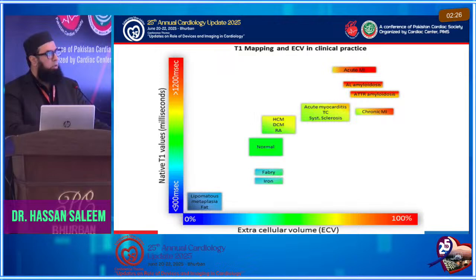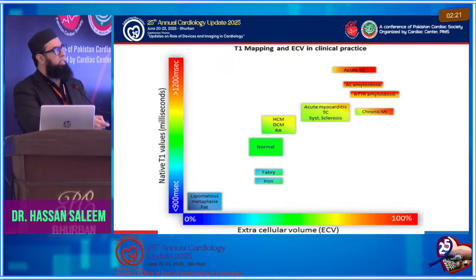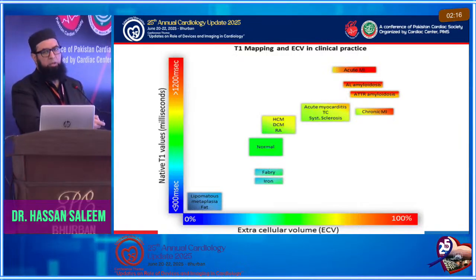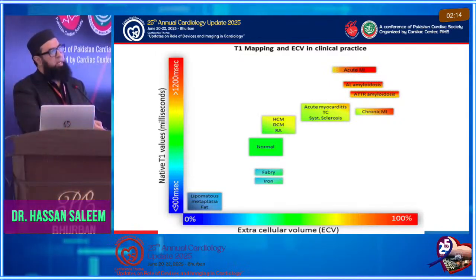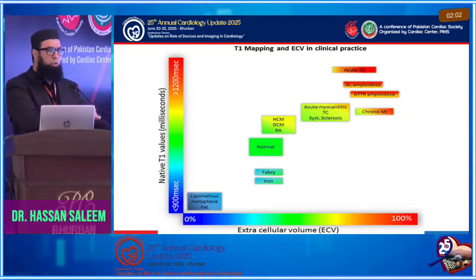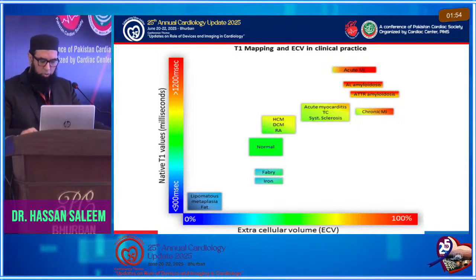This is just a rough map where you can see the higher values in the red codes. This is basically the domain of amyloidosis. The higher the T1 value, without injecting contrast, you can see the domain where the T1 value is high in MI, amyloidosis, chronic MI, acute myocarditis is somewhere in the middle, followed by the HCM and DCM. And then on the lower side where you can see the blue coding, this is low T1 value where when the fat is there and when the iron is there, the T1 mapping also gets reduced to less than 900